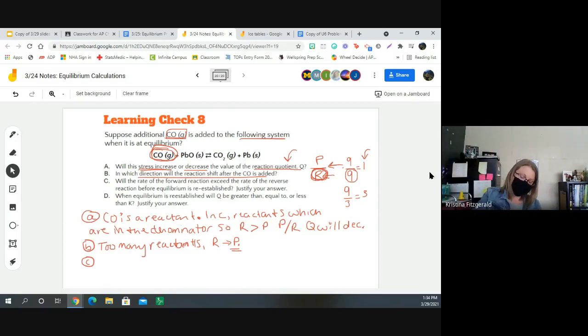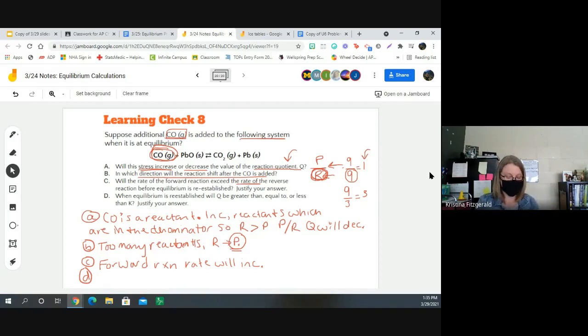So for this one, since we're moving in the product direction, the forward reaction, we're going in the traditional direction: I dumped in reactants, I've got to make products. So the forward reaction is going to move faster. Rate will increase, we can say. For part C, you want to think about which way am I shifting the reaction, towards the products. That's the forward direction, the traditional reaction direction, and it's going to have to speed up to get me back